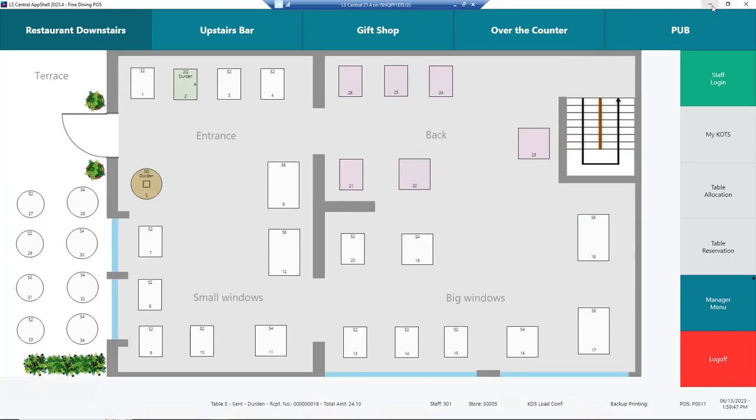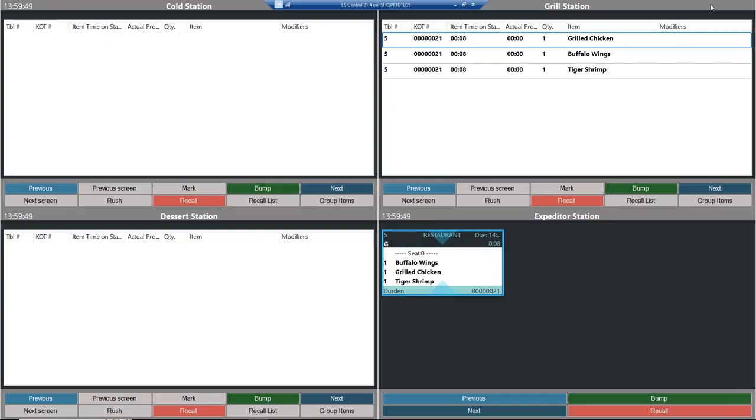Now let's minimize the system. And we are here. So the chef looks at this order and he sees here exactly the table number, the COT number, the item, an actionable production item left. And the expediter person sees this here. He sees that table 5 is only on the grill station and it got these 3 items and it was dirty. So let's say that the chef here has prepared on grill station the tiger shrimp and the grilled chicken.